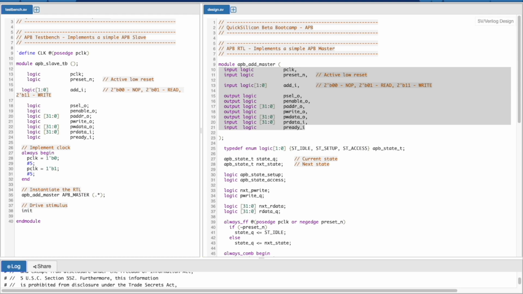This would be initial, begin, end, $finish, and let's also have the VCD dump. $dumpfile, let's call it apb_master.vcd.